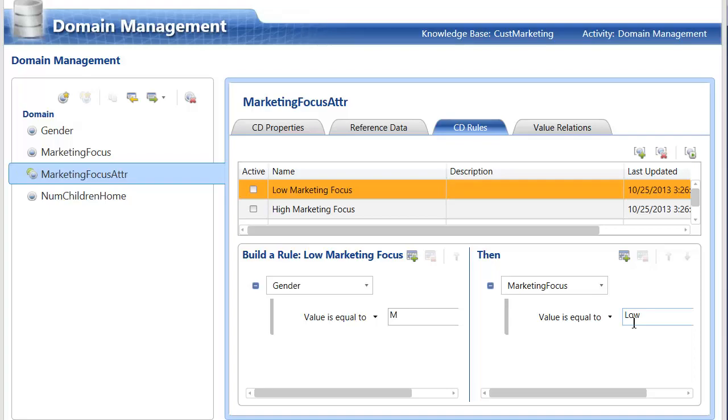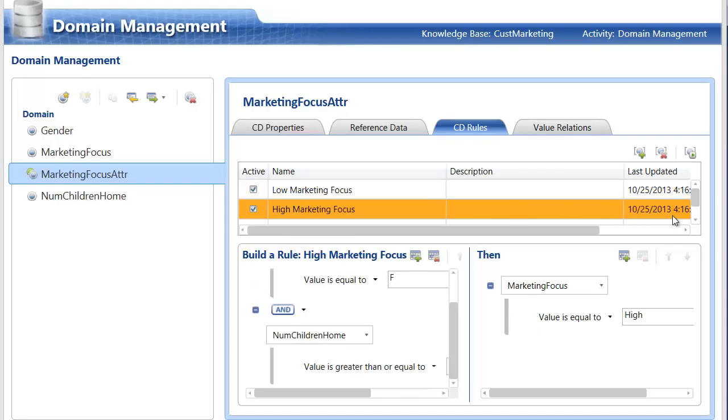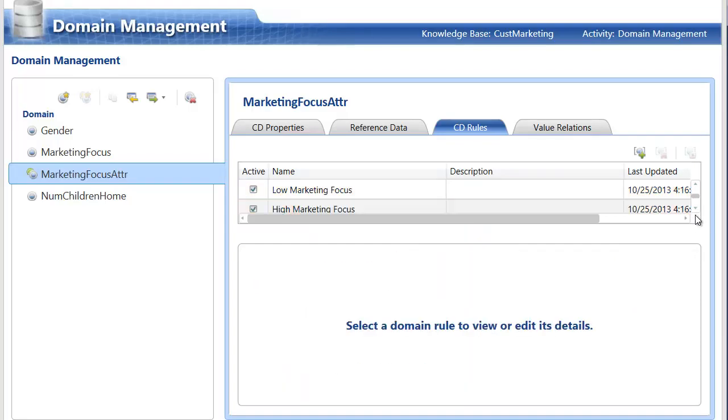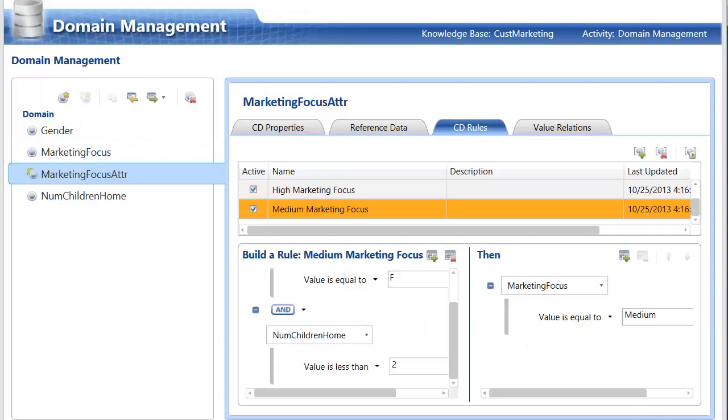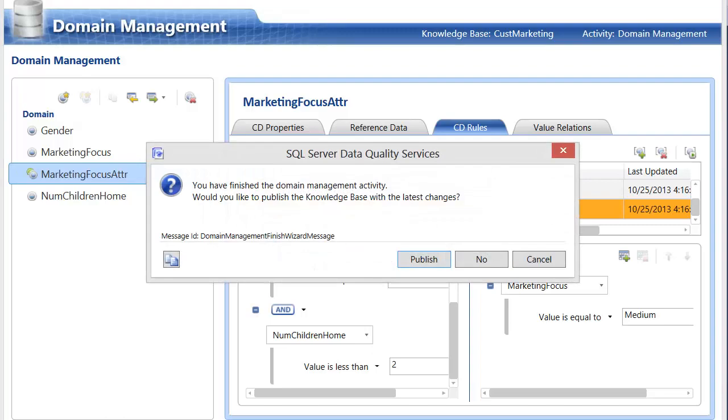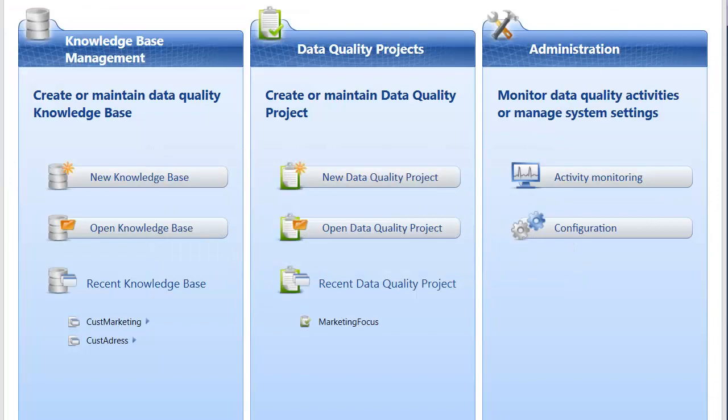So when applying these rules, I can simply create them and then activate them, and then click Finish to publish the changes that I've made, whether I've created business rules or simply activated business rules. I can now publish out my knowledge base with these business rules. So, okay. And now,